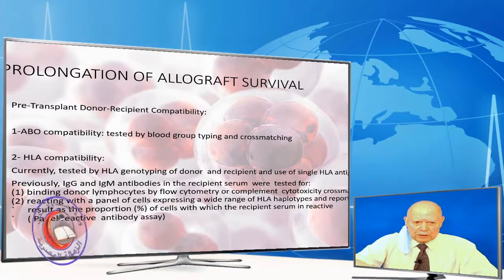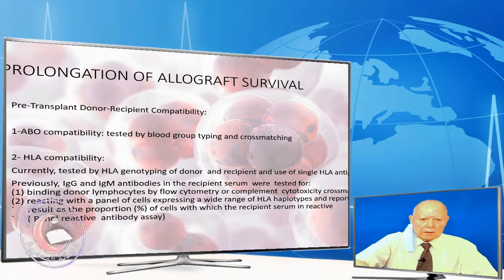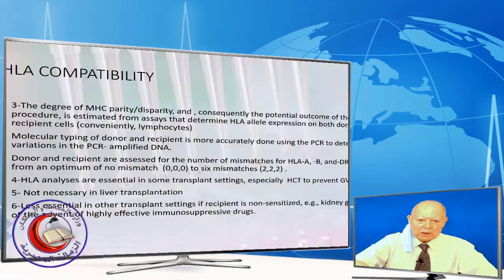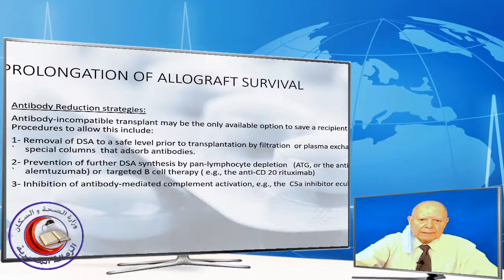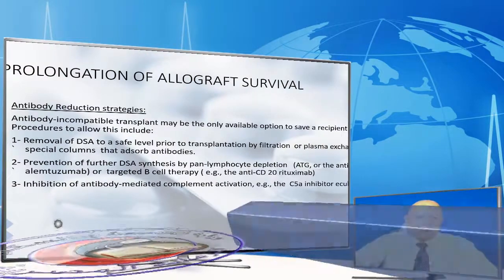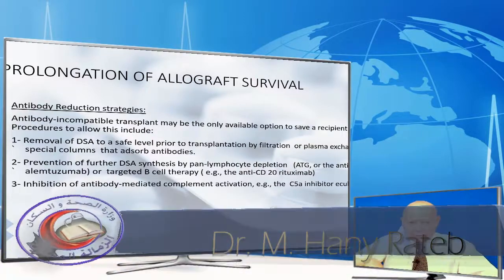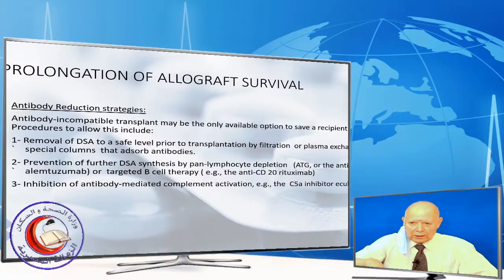What if, as we mentioned, the only graft available is an ABO incompatible graft? Testing for compatibility between donor and recipient for ABO and HLA has already been mentioned. Now, can we perform a transplant between an ABO incompatible, antibody incompatible donor and recipient? If this is the only option to save the recipient's life, we can try, but we diminish the antibodies or